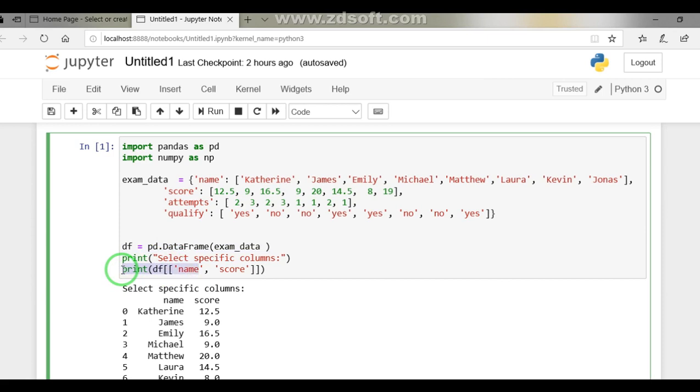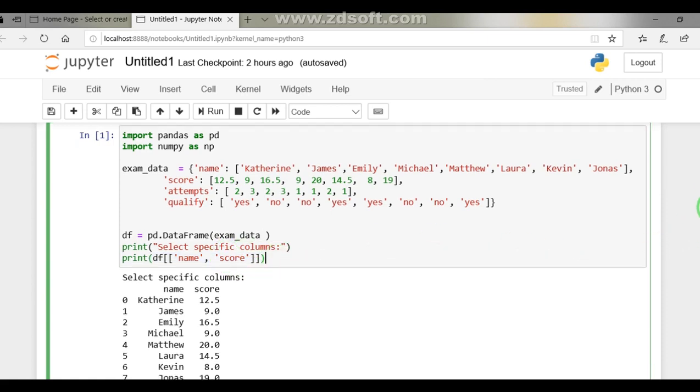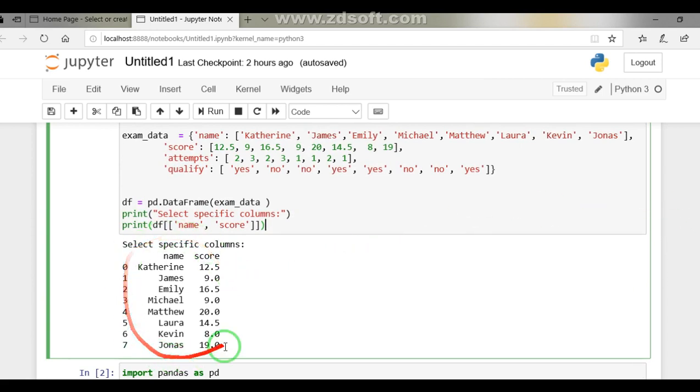In the df part, we have to select only the selective columns, that is the name and score of the candidates. When you execute this one, you will find the following output on your screen. So this is the simple one, how to create a data frame and then just display the information.